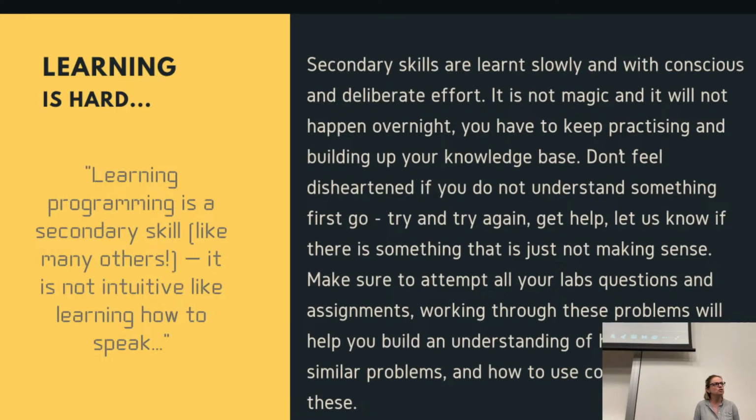We want everyone to enjoy the course, and we want everyone to enjoy being at university as well. And it's not a nice experience when you feel like you're being left behind and you don't know what's going on, and everyone around you knows what's going on. I also will say that usually the people that do know what's going on are in the minority, except that they are the loudest. So it feels like everyone around you knows what's going on. That's not the case. Most people around you are probably on the same level as you, just learning how to code to start with. Coding is not easy, and maybe the first few weeks will be great. Then it will get harder as we toss in more and more concepts and things. You have to combine more and more things to think about.